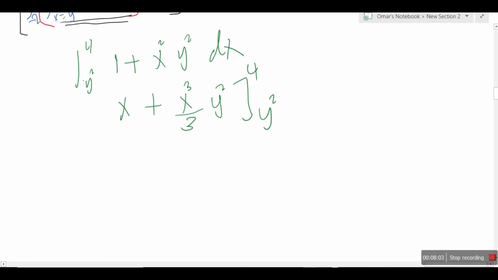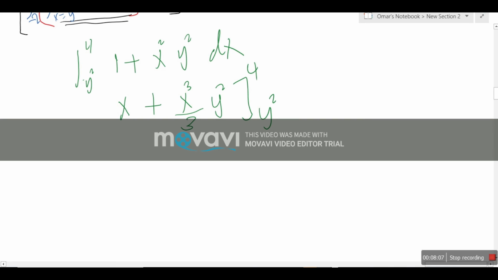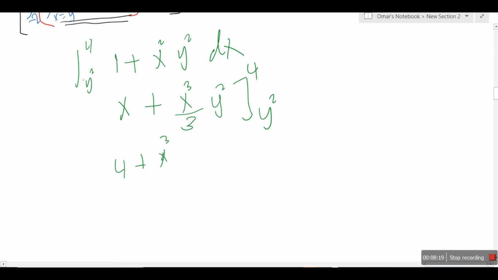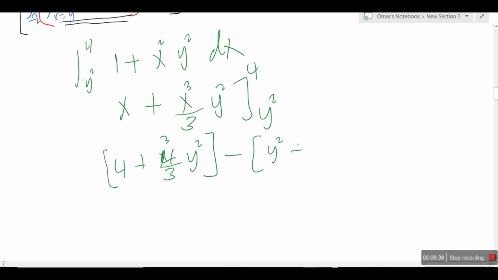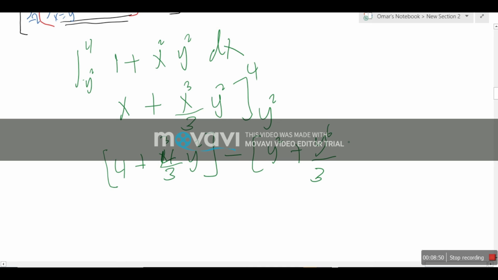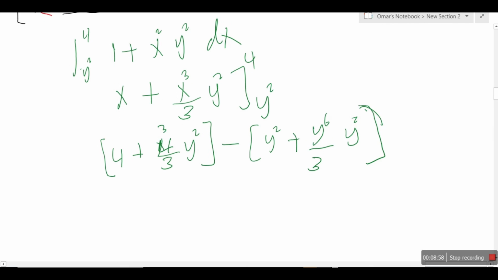This will lead us to this equation, which is if we plug in 4, 4 plus 4 cubed divided by 3 y squared, minus y squared plus y cubed, because if you plug y over here, it would be y cubed divided by 3 times y squared, and this should lead us to equations like